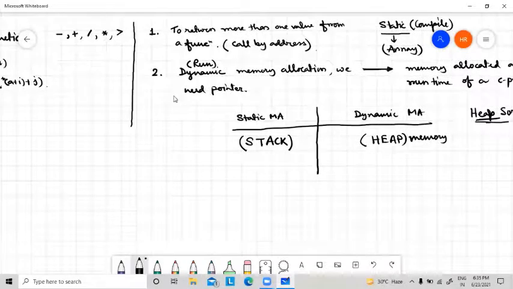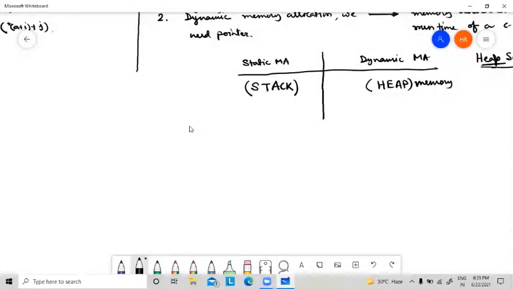Now, to understand these things, what is the meaning of static and what is the meaning of dynamic? Actually, when we write a C program, and we save it, suppose the name is abc.c, we save the program in our editor, then this program will occupy some memory in our RAM.